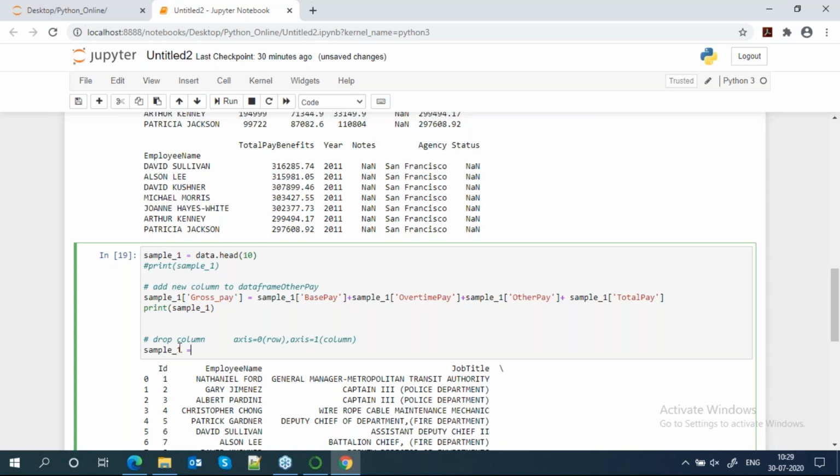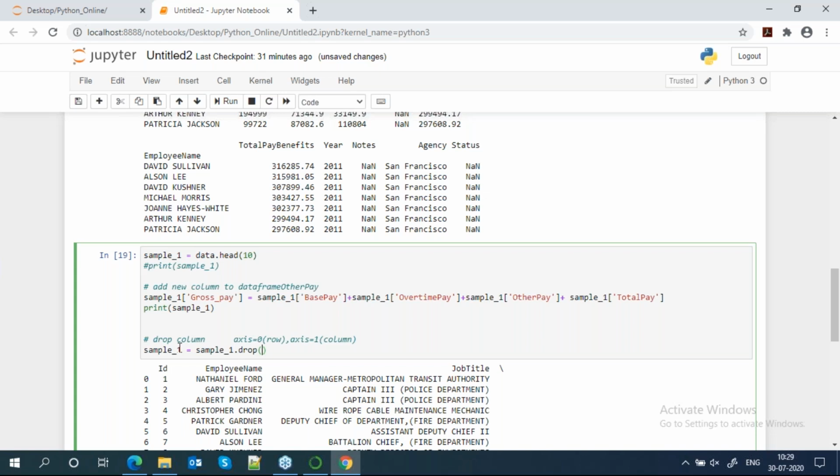So you can use the same thing, simple, one equal to, dot. For that we are using drop.